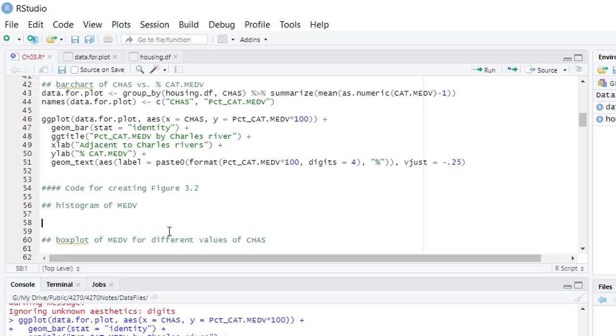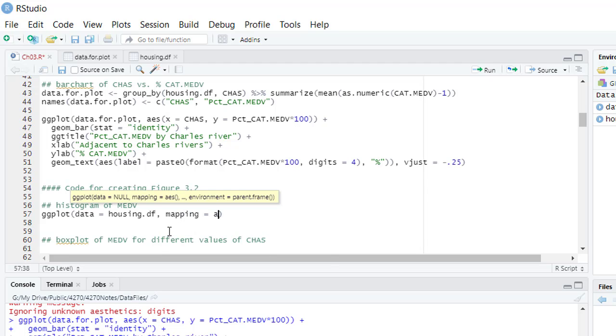Okay, so ggplot, data equal to housing. Okay, now I'm going to spell out everything within the command so we'll know exactly what's going on, instead of taking a shortcut. Okay, so mapping